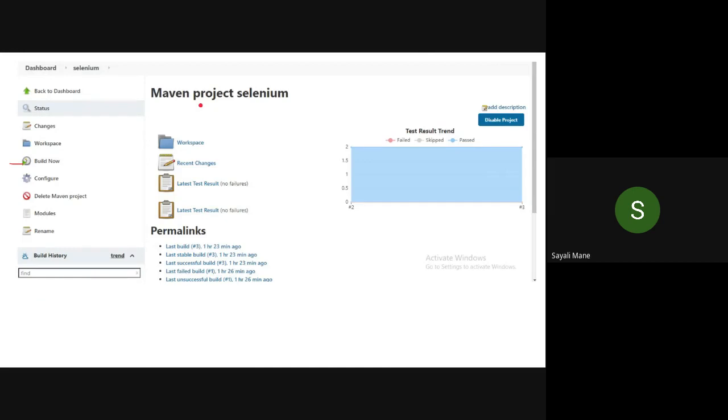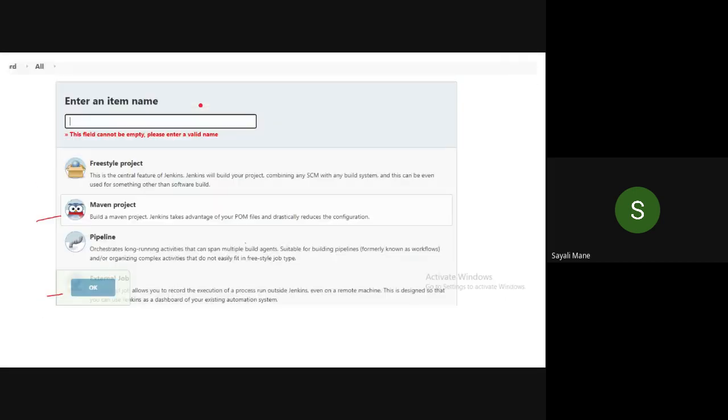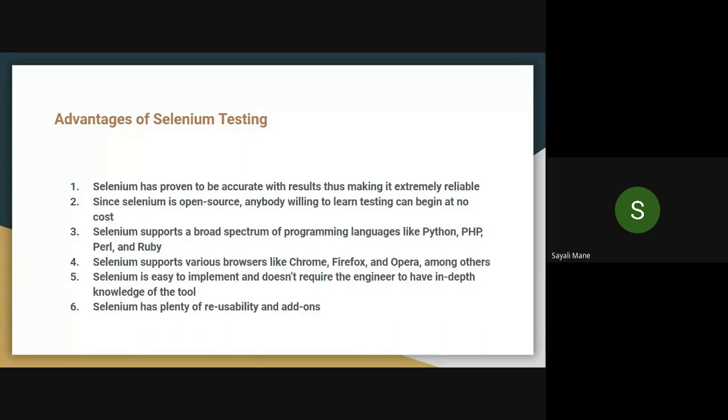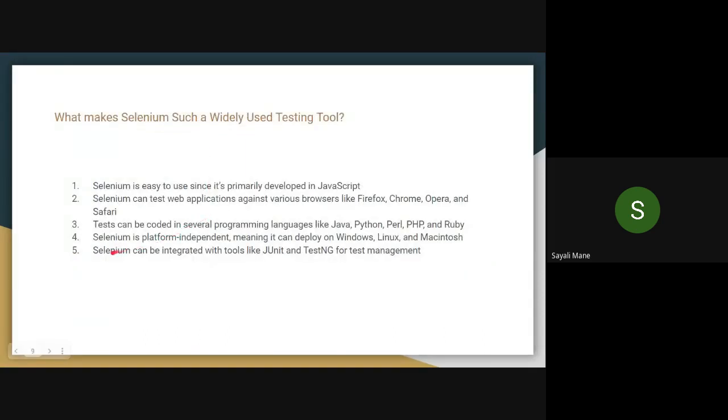Line number 180. Yes, you over here. Okay, so understood. JUnit, Selenium is integrated with this tool. See this line: Selenium can be integrated with tools like JUnit, TestNG for test management. So what it shows is that we have successfully performed the testing, Selenium testing tool using the